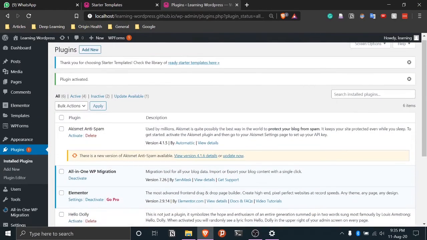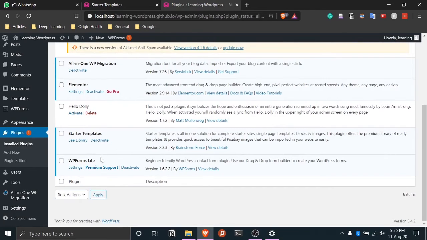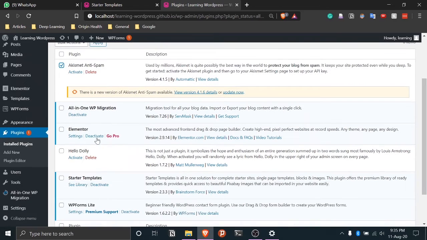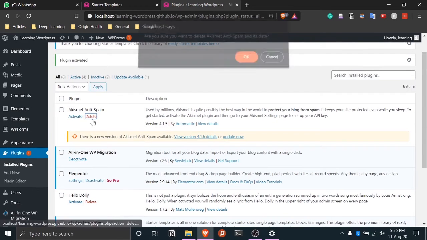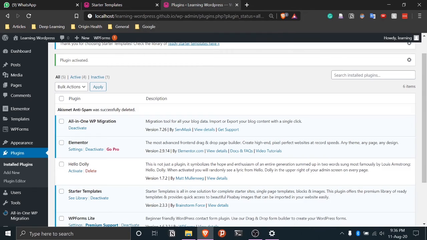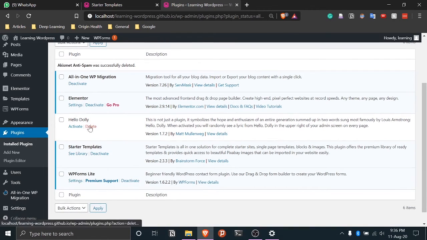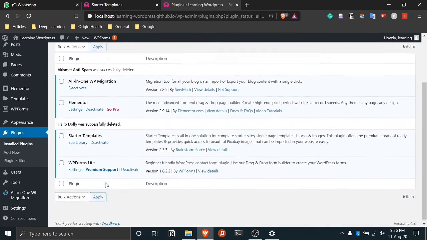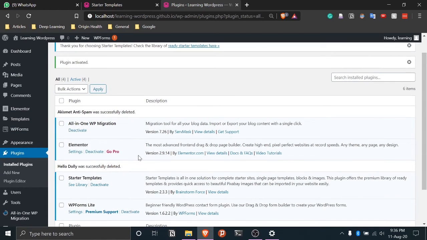So we have installed this, and if you come to plugins, you can see there are a few plugins that we don't really want. So there's this Akismet anti-spam, which we will select, or instead we'll just delete it here. We don't want unnecessary plugins in our website, and that's because it makes our website slow. So we'll only have those plugins which we essentially need. This Hello Dolly also we'll remove. Okay. WPForms Lite we can leave. If you later want to have a form where people can put in their contacts and get to contact you, then you can use it.